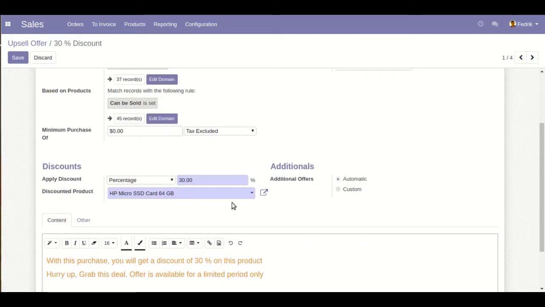Here we can apply a discount as well as a fixed amount scenario. And here we have to define the discounted product. In additional offers you can define automatic as well as custom. So when it is defined as automatic,